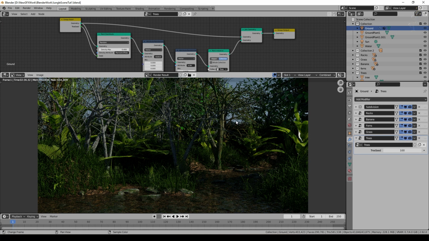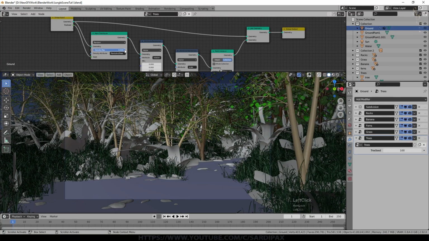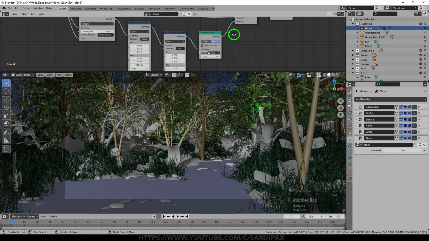And I think we can make a few adjustments now. I think I've got about the same density of trees as banana plants right now. I think the trees could be slightly larger and there could be more of them. I've got quite a few of these leafless trees as well. So with the tree geometry nodes selected, let's turn the density of the trees up slightly. So just increasing it there, and let's adjust the scale slightly.